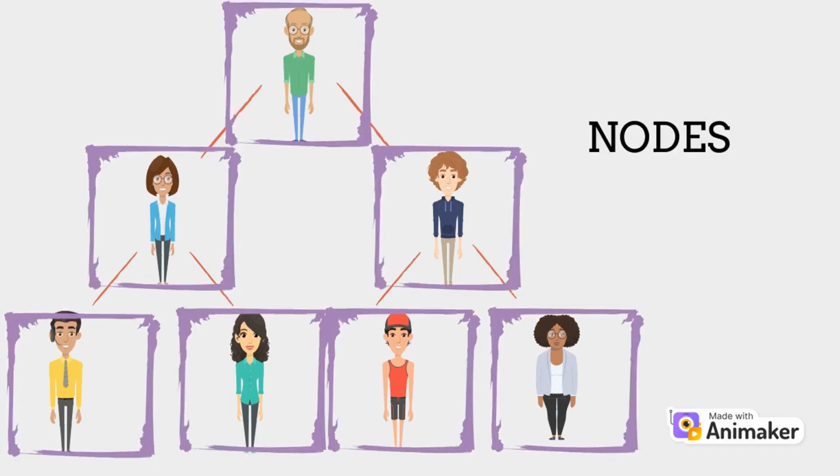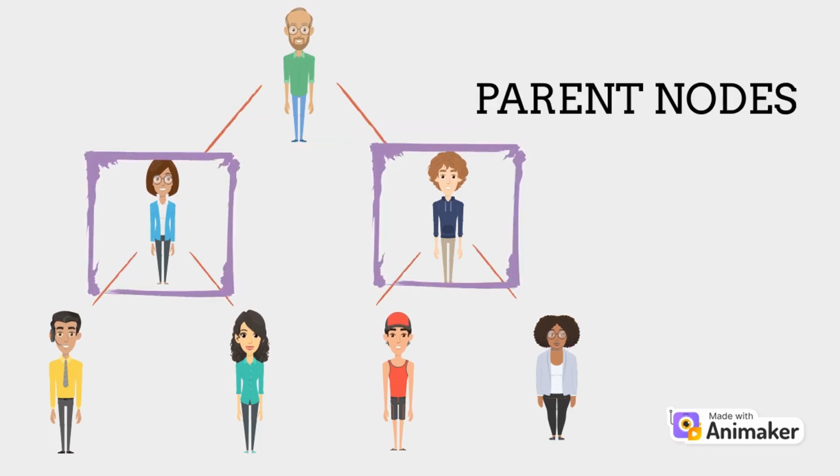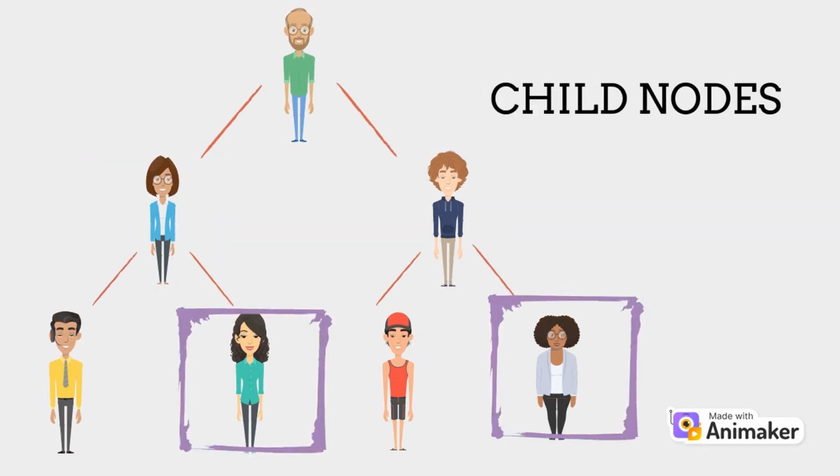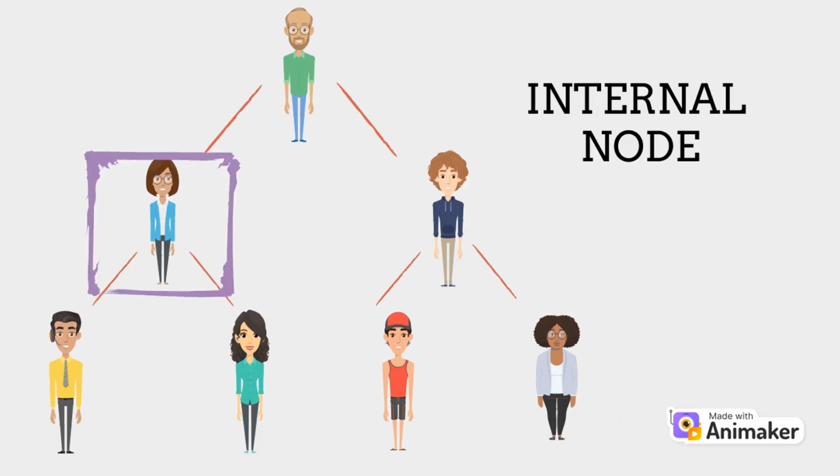Each element in the tree is called a node. The topmost node, or the starting point of the tree, is called the root. A node that has child nodes is called the parent node, and a node that descends from another node is called the child node. A node with no children is called a leaf node,